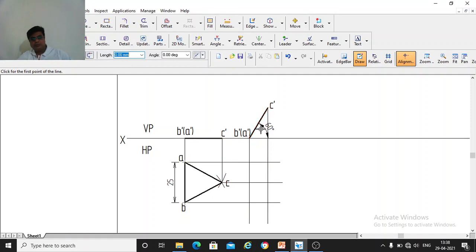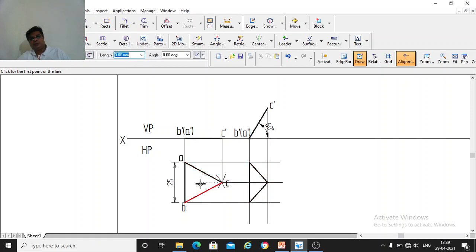When you see from the top, you are projecting on the HP. So this is top view A, this is top view B, this is C, and you connect them. This is the top view of this equilateral triangle.